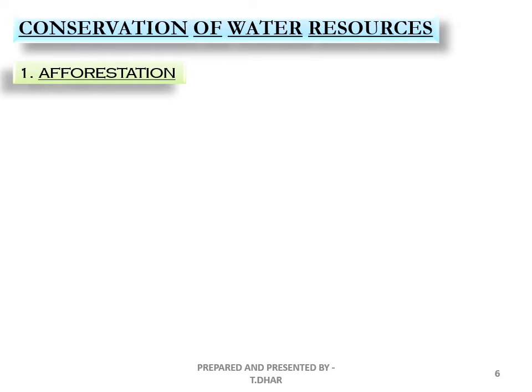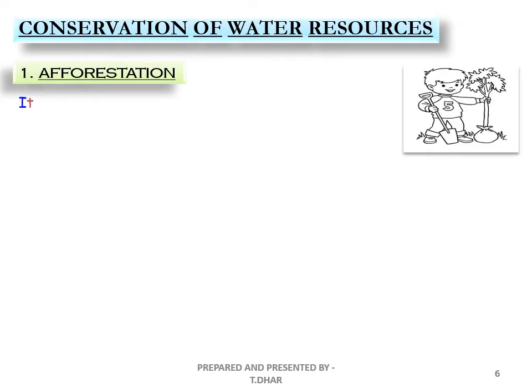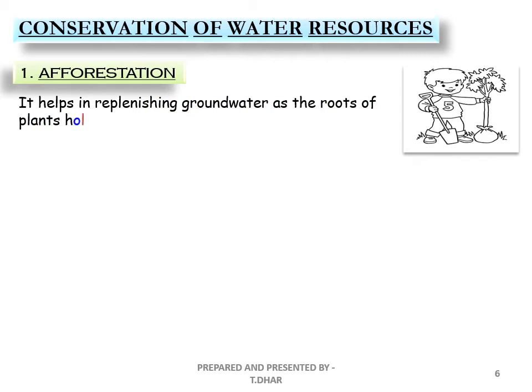Let us see what are the steps of water conservation. The first one is afforestation. Afforestation means planting more trees, plantation of trees. So how does it help? It helps in replenishing groundwater,